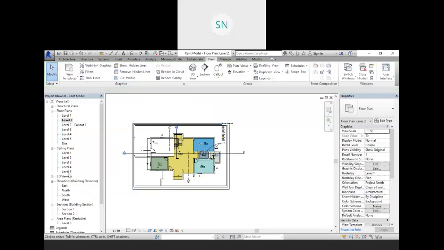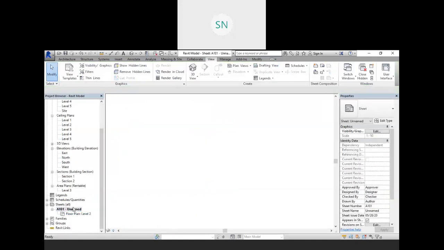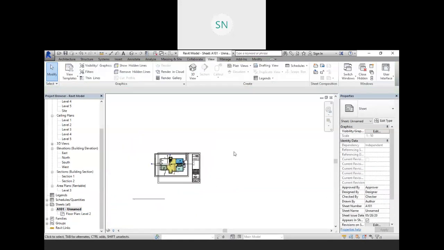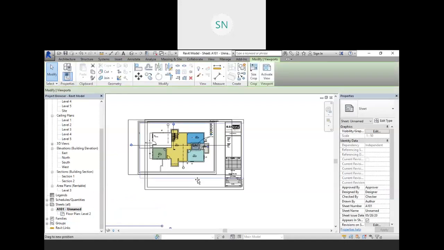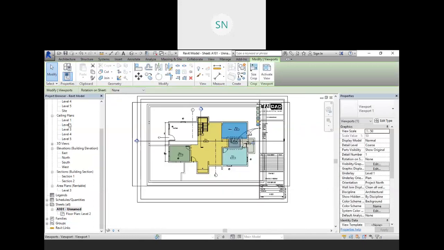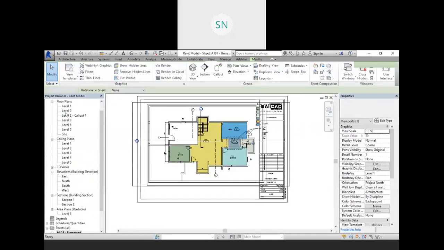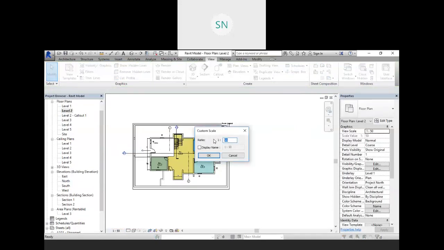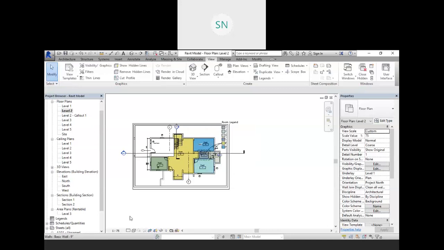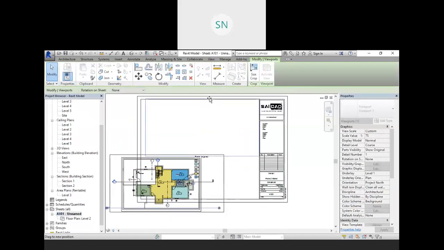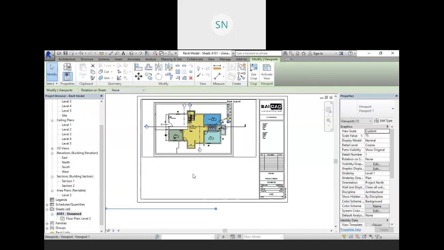Now go to your drawing sheet and see, we have only that thing now, right? But it is not going to fit on our paper. So what we need to do, we need to scale it down. So let's have a custom scale of 1 to 75 and go to the drawing again and check your scale is proper. Okay, I think now it's going to fit properly.